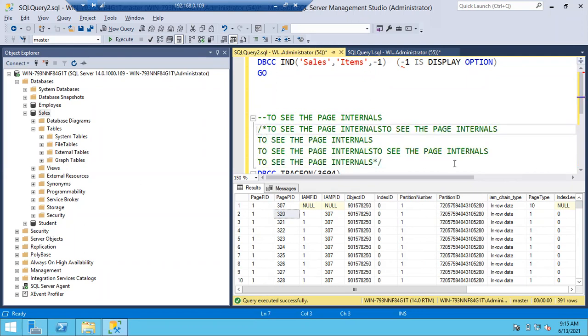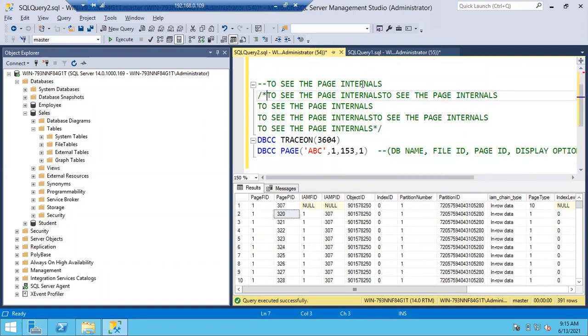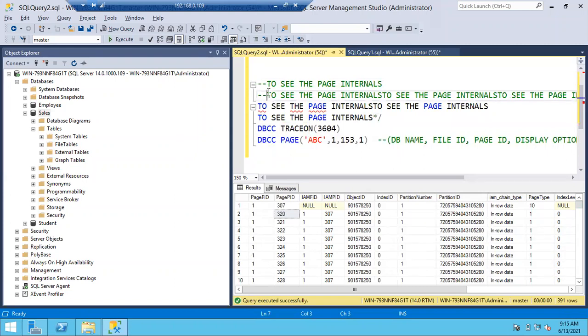Instead of commenting line by line with double dashes, in case you want to comment multiple lines, how to do that? Slash star, and close with star slash. Till that line, it is going to be treated as comments only.